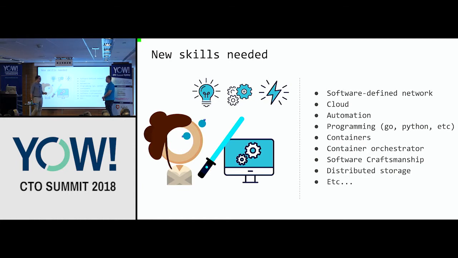Yeah. So, when Lisa was originally looking for tech versatile people to work, she's now looking basically for Jedis who master lots of different skill sets. So they need to be fluent in software-defined networks, distributed storage, cloud, automation. They now start to write some code, probably some Golang because it's a more usual one in DevOps. So they need to learn about this one. They need to learn about containers, how they work under the hood, the container orchestrators. So it's a lot of new skills to ramp up on.